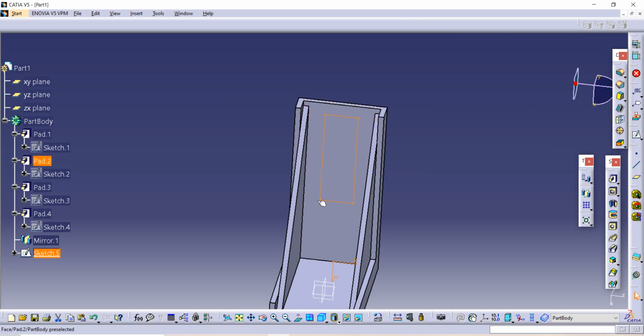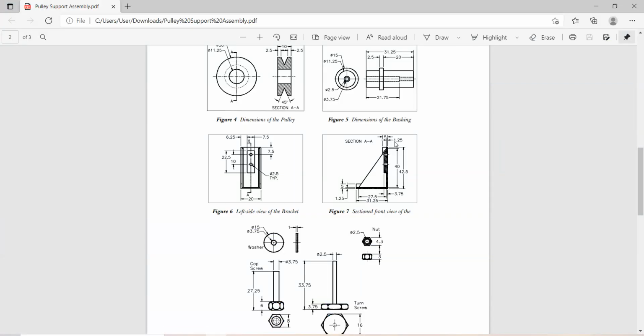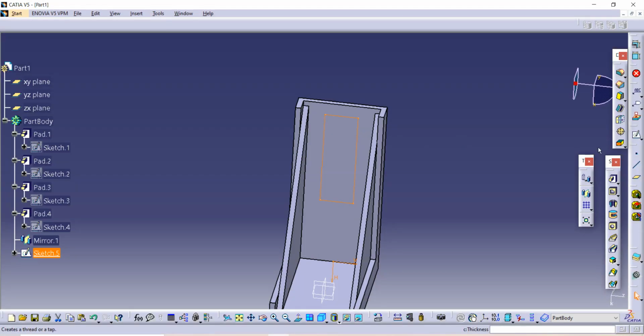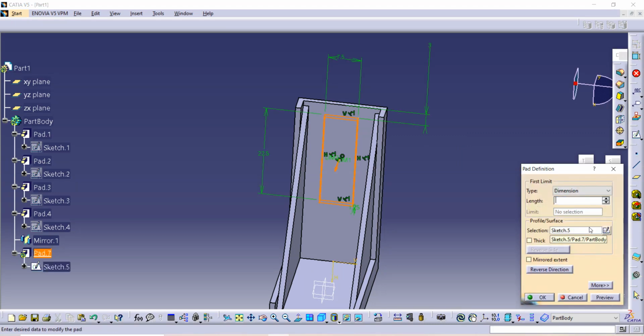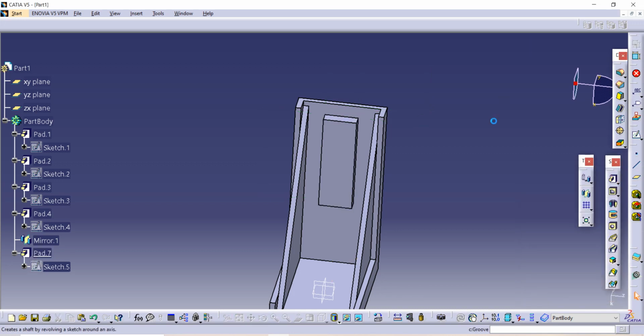Now we have to make a pad, and the given distance is 3.75, but this small distance is 1.25, so we are using 3.75 minus 1.25. First select the Pad command, then write here 3.75 minus 1.25.